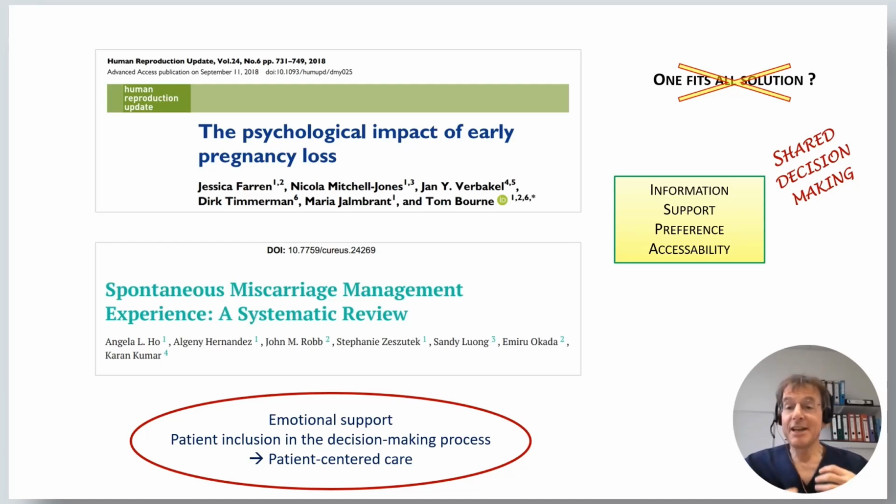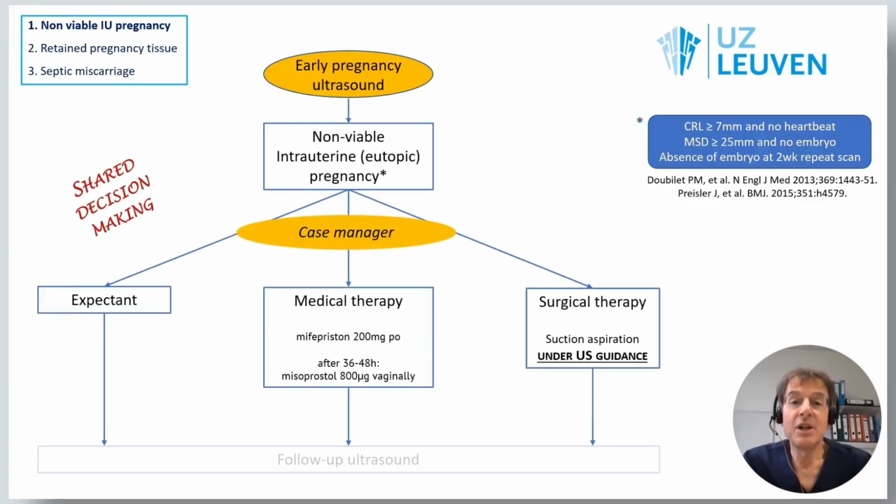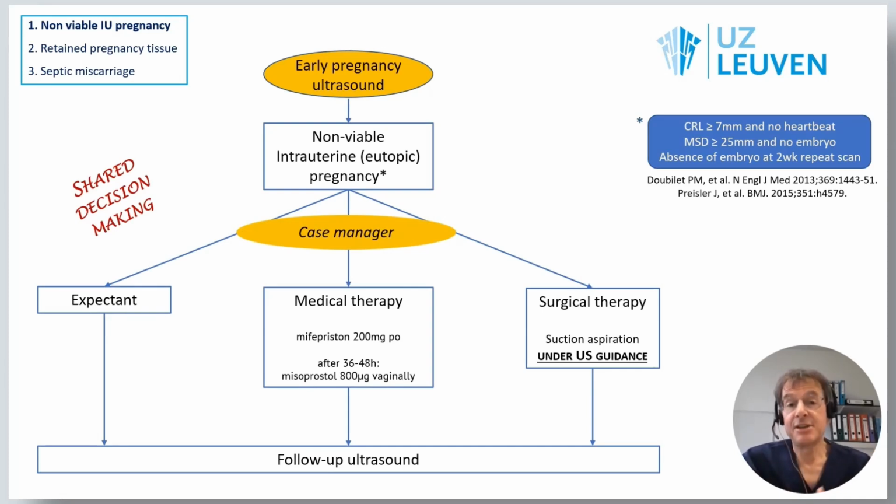And that's why, when we look at our management of a miscarriage here in Leuven, when we see the patient and make the diagnosis of a non-viable intrauterine pregnancy according to these strict criteria, we have a case manager discussing the options with the patient, going from expectant management to medical therapy and surgical therapy. Because the accessibility is quite high where I work, expectant management is certainly an option, and most women in our center choose medical therapy